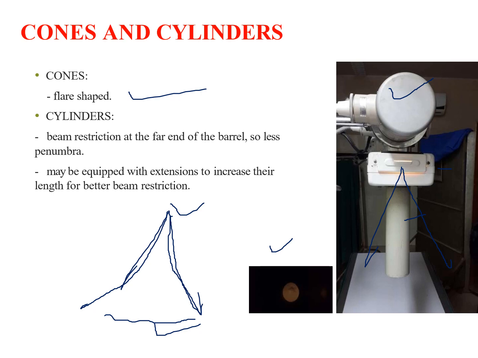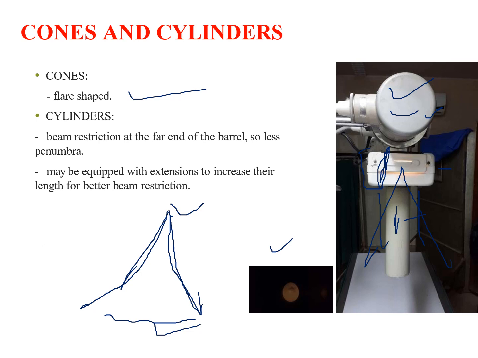Next is the cylinder. This is like an extension cylinder. Previous case we have seen. See, this is your X-ray tube, and this is your cylinder. By placing this cylinder, just maintain a small gap. This is the gap. Am I clear? By maintaining this small gap, you can reduce the Penumbra effect. The first advantage over here.